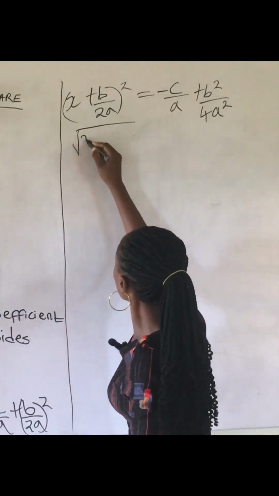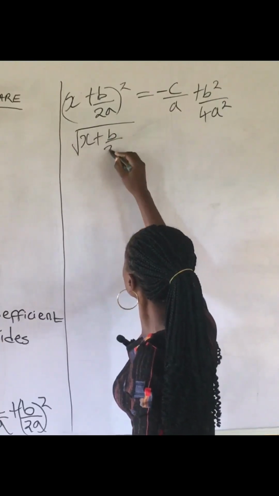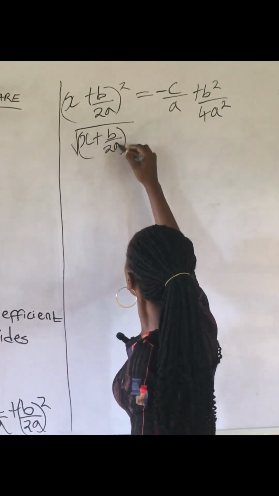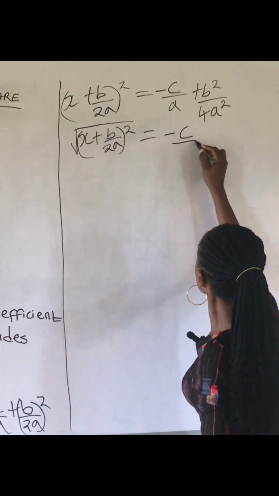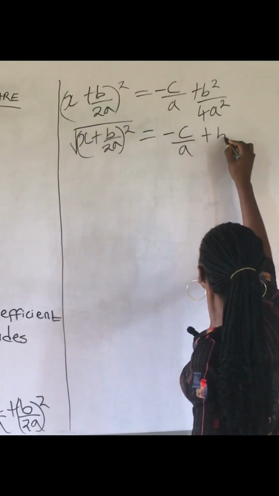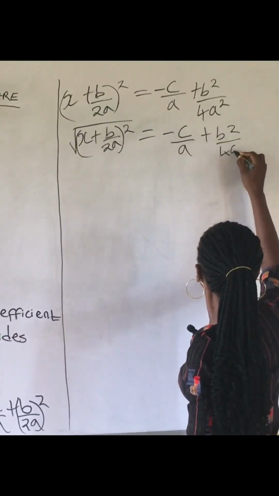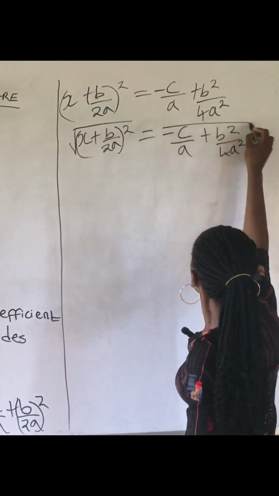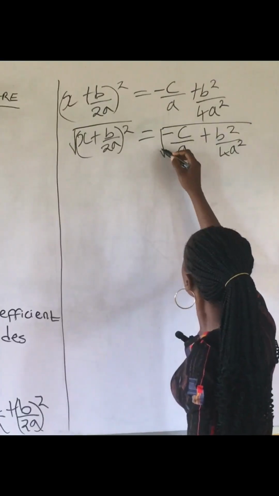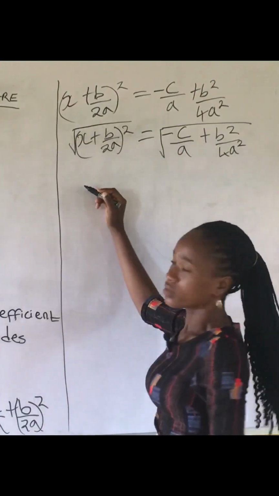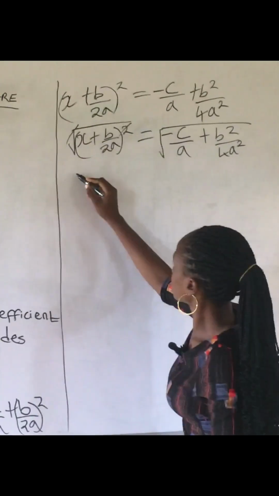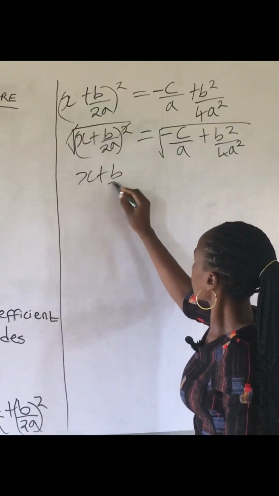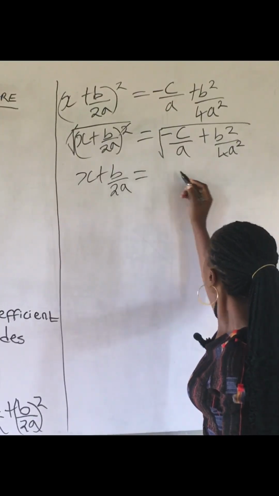So that would be x plus b over 2a all square is equals to minus c over a plus b square over 4a square all squared. So now the square root will cancel the square, then what we have left is x plus b over 2a is equals to